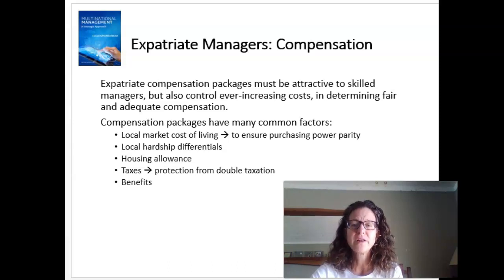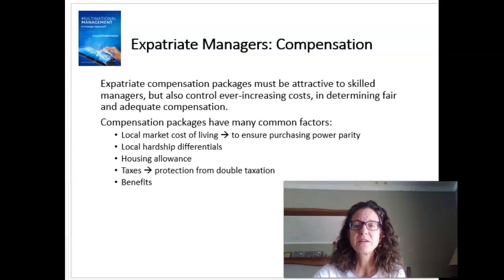Some ensure that the expatriate pays all the taxes they are due in their home country, in the US, on their own, and then taxes in the host country are paid by the organization. Other companies might take on different approaches. The important thing to remember is that taxation can be a very important point, especially in high taxation countries like many nations in the European Union.